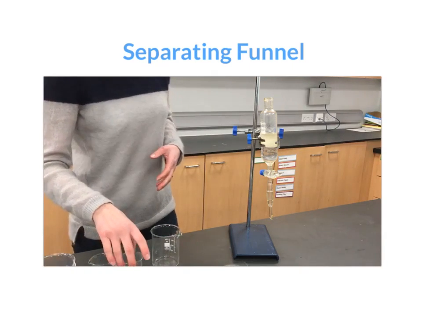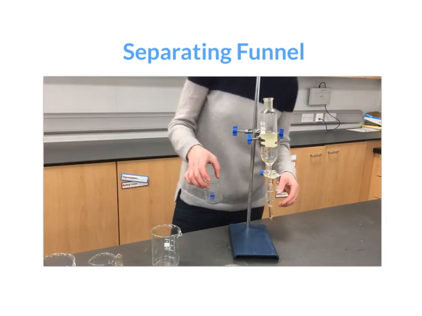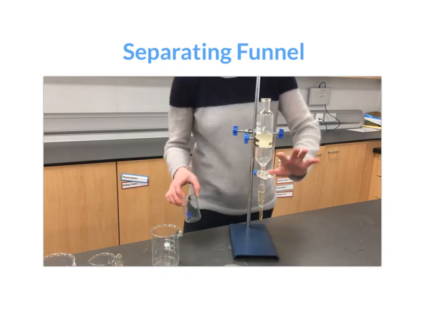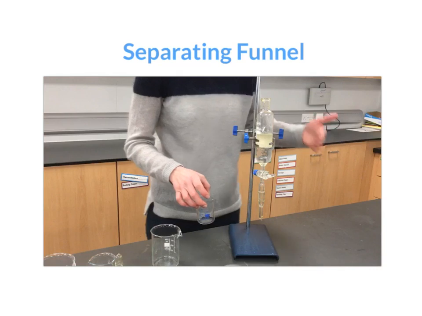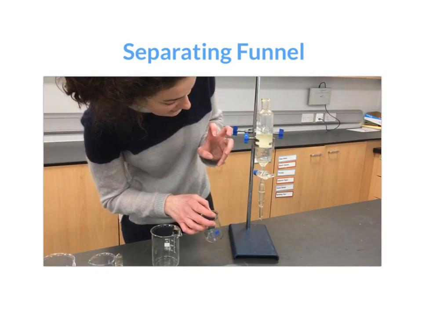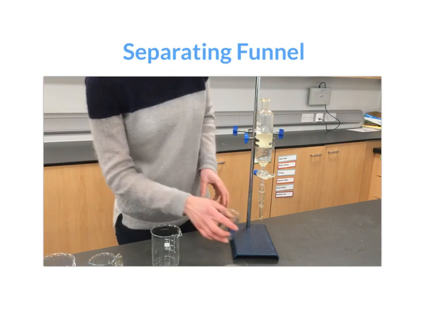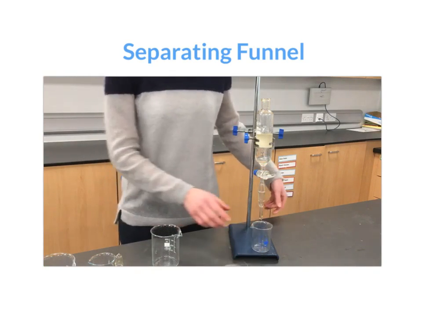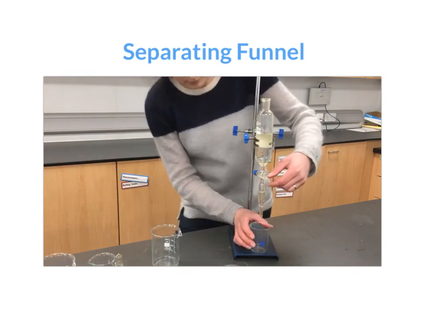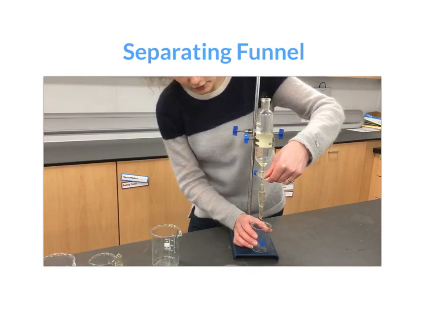So in an ideal world, we leave them to fully separate, but for the sake of time, we will do this now. So you can see they're separating into their two layers, and ideally we'd wait until those are two distinct layers. Right now you can see they're still slightly mixed. So what I'm going to do is take a beaker, and I'm going to run my first layer off. The first layer to come off is going to be water. So I'll open my tap,